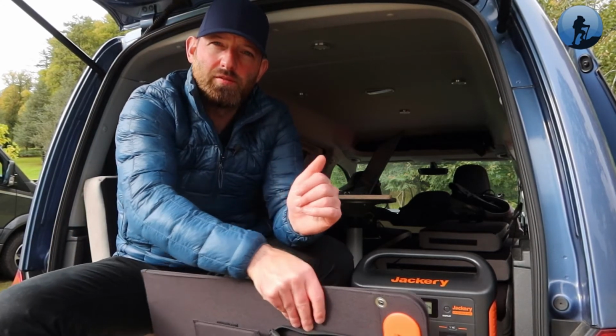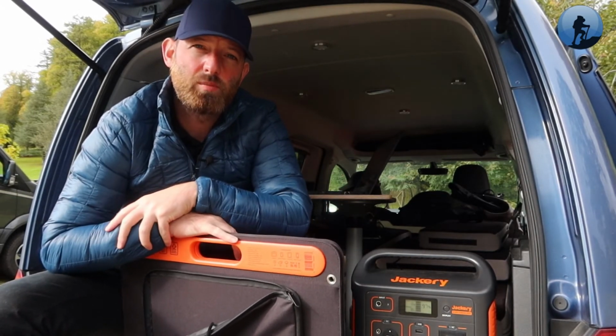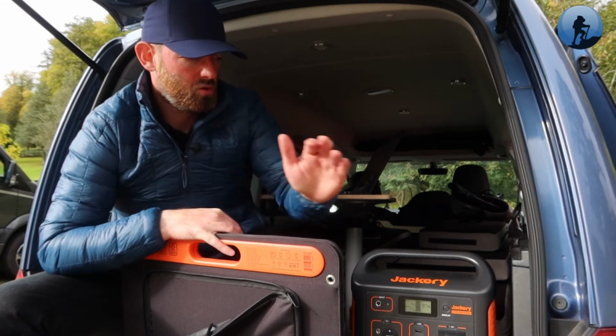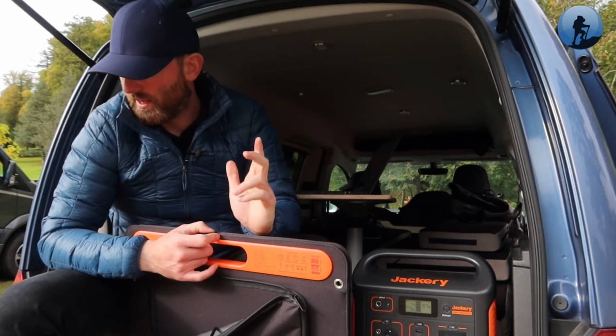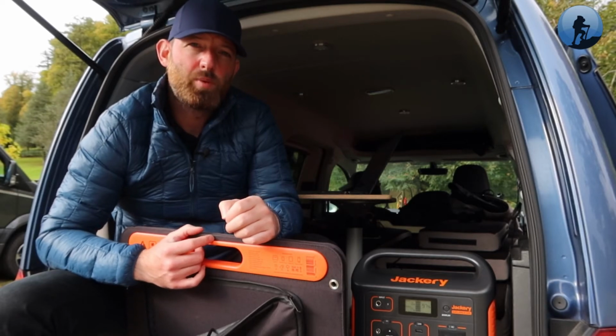In terms of cost for the two, Jackery in the UK are currently distributing on Amazon. They have been established in the US since 2012, and now they're making their way over here. So the Explorer 500 has been sold on Amazon for £529.99. The 100 watt solar panel is £259.99, and the bag is about £40. So all in all, you're looking at just over an £800 investment to get yourself completely off grid with these